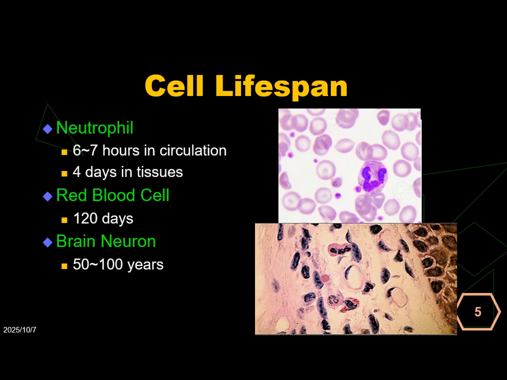What's the difference? They all come from the same source, and they are all called neutrophils. But if they go to the tissue, they live longer. If they stay in the circulation, the lifespan is shorter. Is it because they are more mobile in the circulatory system? Because they live under more than normal conditions? Well,